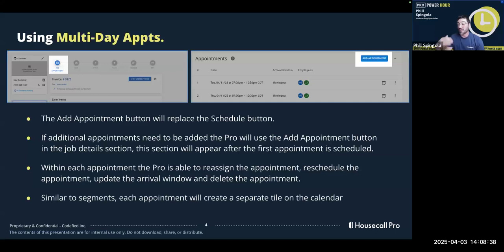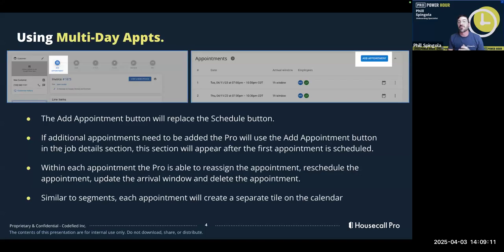So that way you can just continue to add more appointments for one particular job. Another thing that the appointments did help is that we had feedback in the beginning, and I still get feedback to this day about it, is when we set up jobs that are going to take longer than one day. If you do that kind of the old school way, you probably recall or still see that when you do that on your calendar, it doesn't block out the time frame, it blocks out a bar at the top of the schedule, and it blocks out essentially those days.